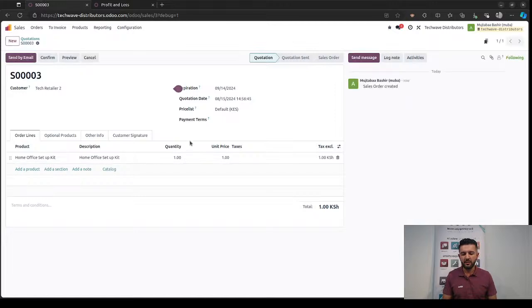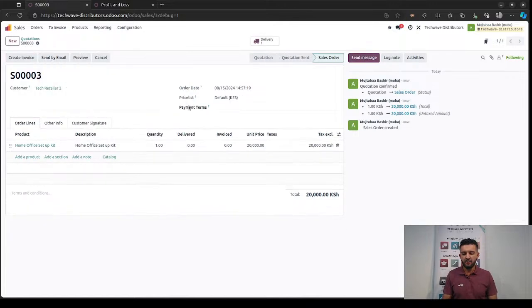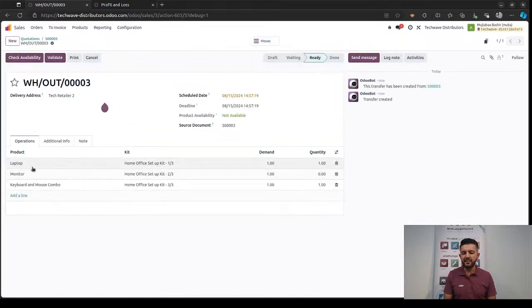save my order right now, and let's see. So he probably sells the entire kit for maybe 20,000. Let's go ahead and save, and I'm going to confirm this order. So when we have a product like this, or a kit, or a product which is combining several other items, when we proceed to the delivery, we see that it is actually the components themselves which are going to be delivered, and this is where the costing is going to be